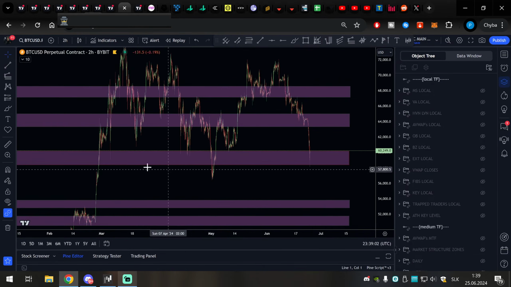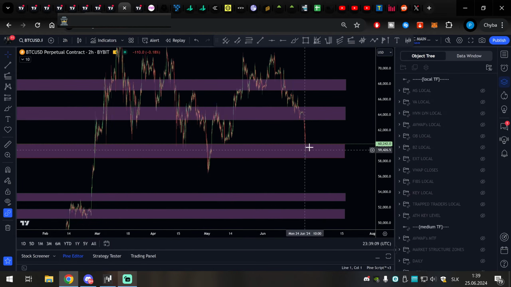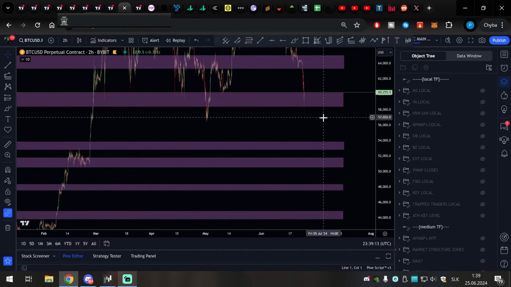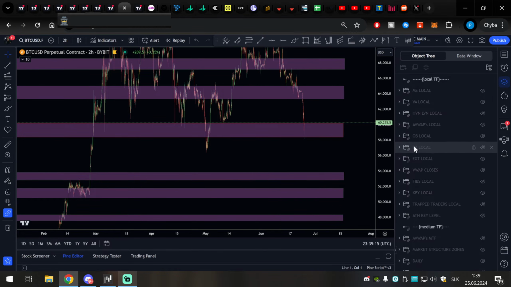So you see, you have market structure from the medium time frame, from the 4 month, but you also have a 2-year-old market structure. You don't want to lose this area. You lose this and it's going to be problematic. You open the road for much bigger moves to the downside.